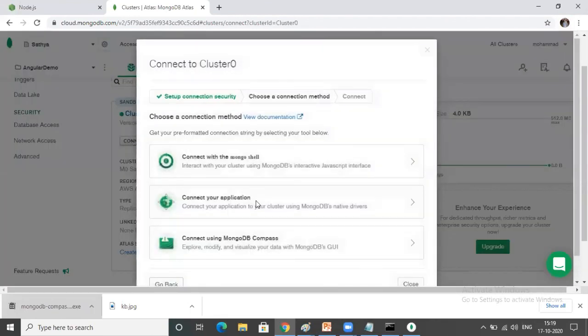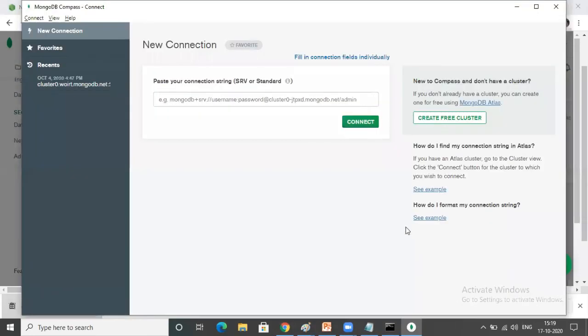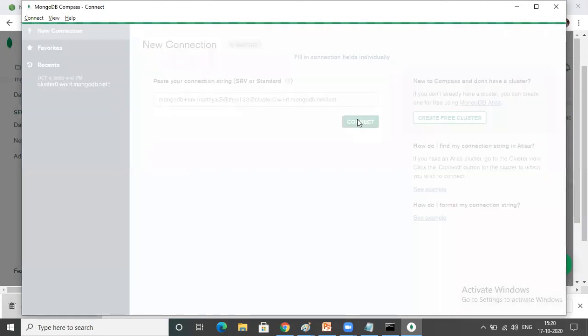There we already copied the connection string. You see, click Connect here, and there you can see the option to copy the connection string, and paste it there. Paste your connection string here, and here you can give the password. Just click on connect.